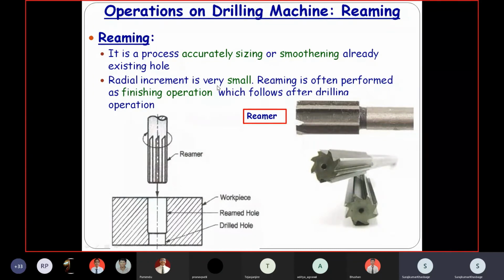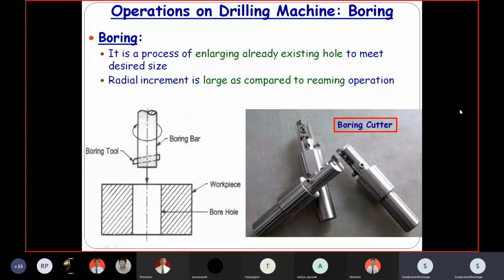So this is one of the finishing operations. And generally the reaming operation is performed after the drilling operation. That can come in your exam as a question. I am going to take the exam on these 4 lectures that I am going to take after your examination.